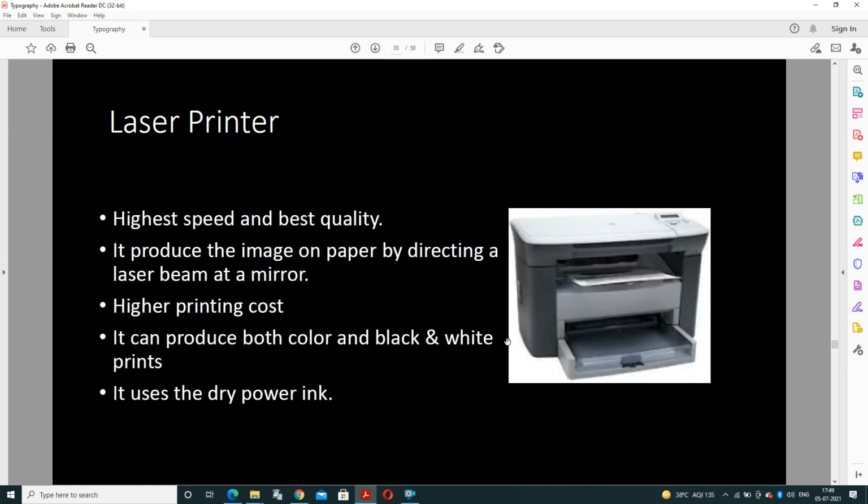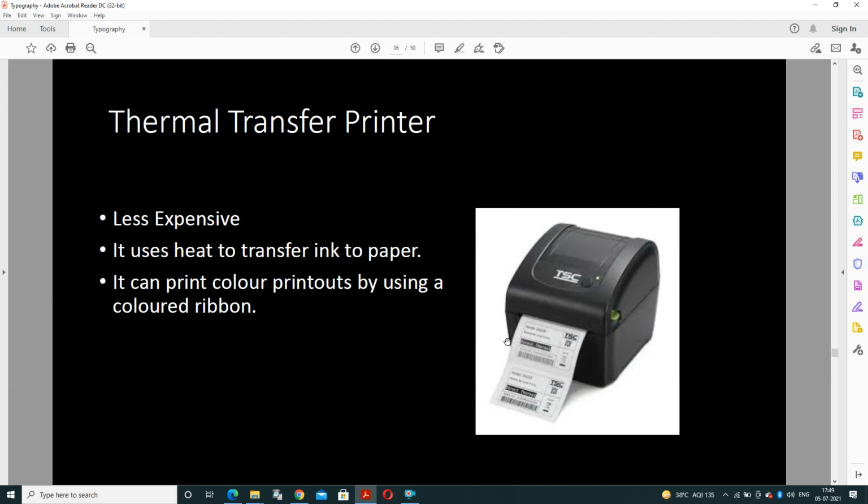It is the highest speed and best quality printer. It produces the image on paper by directing a laser beam at a mirror. The printing cost is higher, so people use it less. It can produce both colored and black and white printing, and it uses dry powder ink for printing on paper.